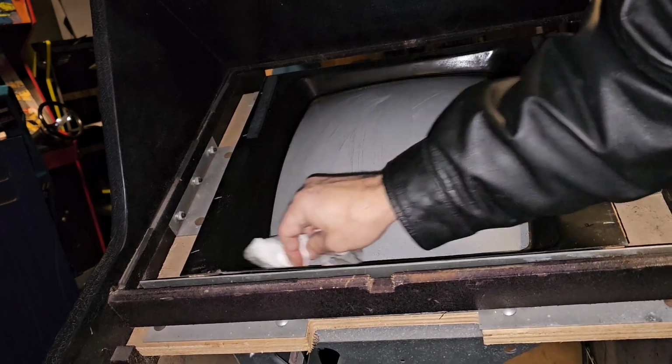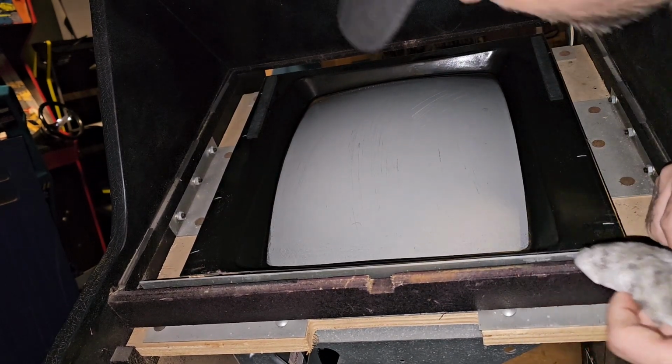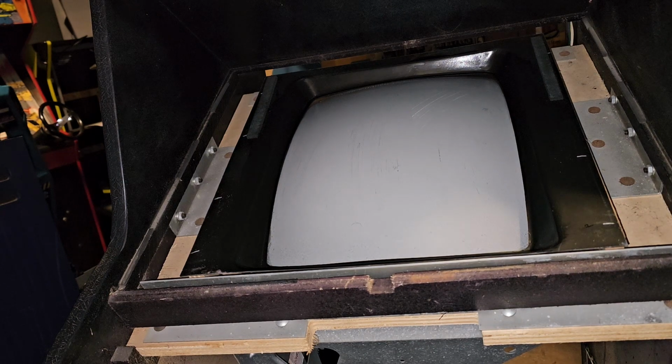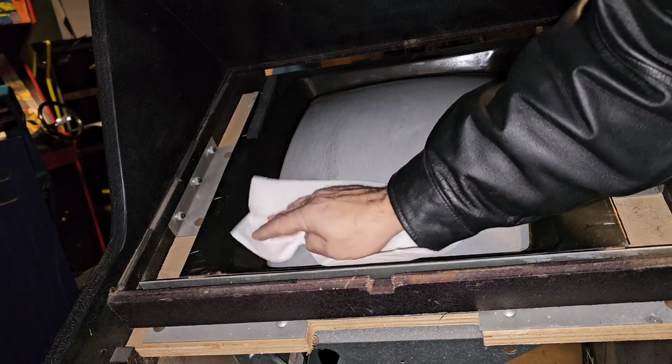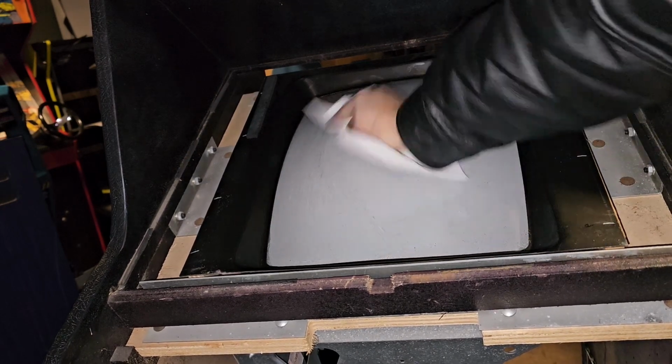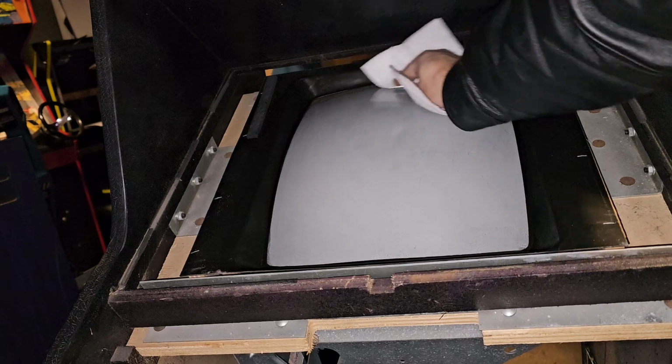Wow, you know what, guys? I don't see any burn on here. This is a freaking awesome tube. You know, I have another Stern game too with the G07, and I do believe that tube is also in